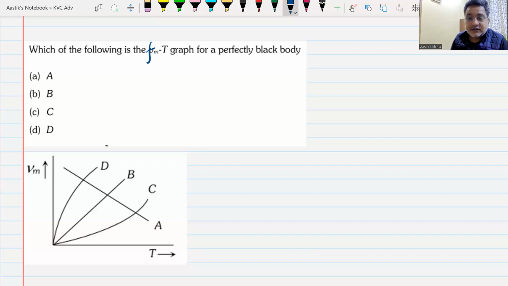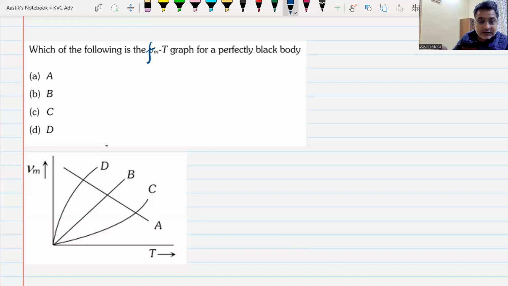Zero of this scale is not possible because we have not achieved that temperature. Even in the vastness of space, we don't see absolute zero temperature. We don't know what happens at absolute zero of temperature. Therefore, all bodies emit thermal radiation at all temperatures because the temperature cannot be 0 Kelvin.